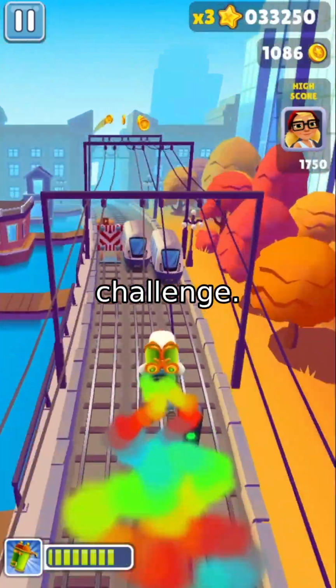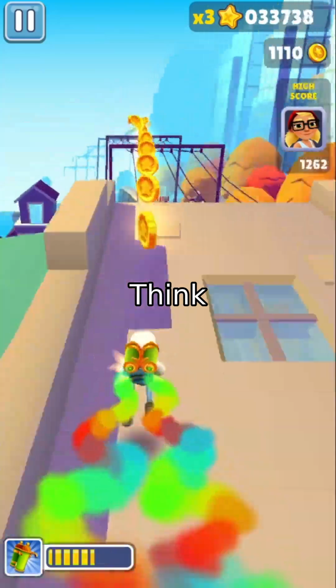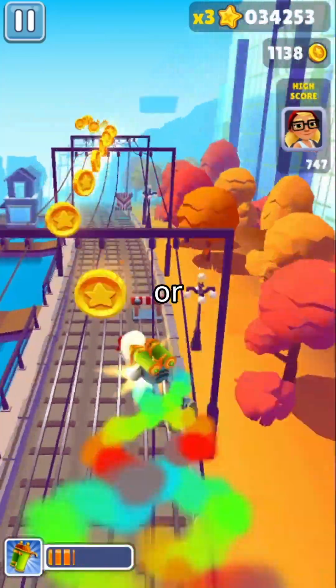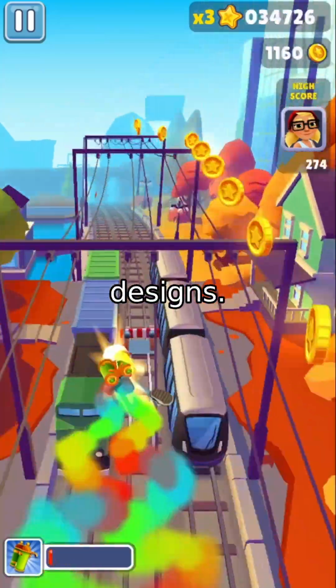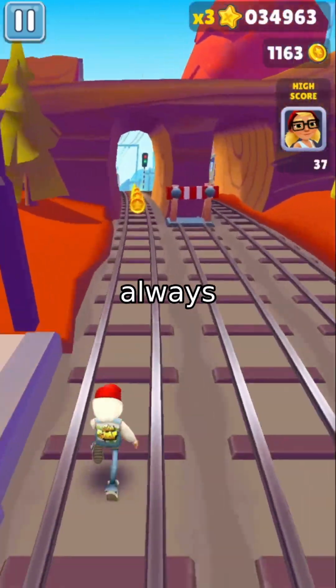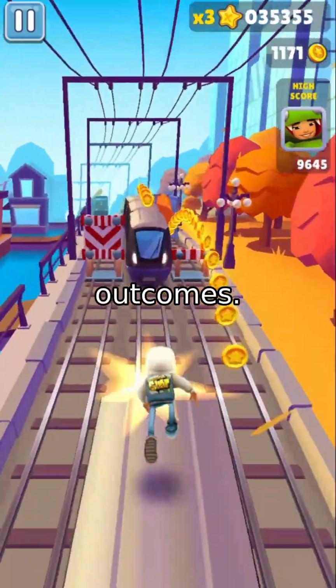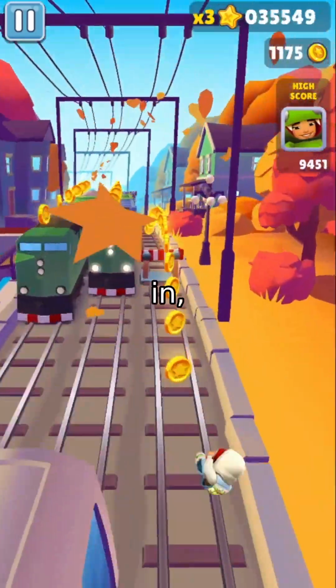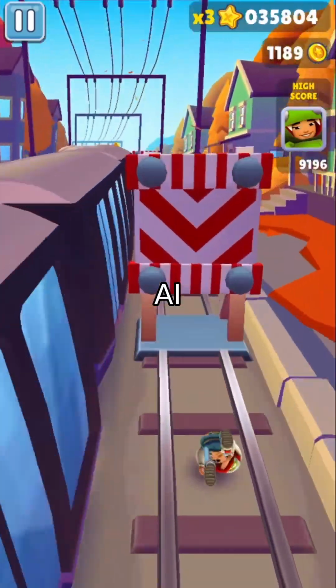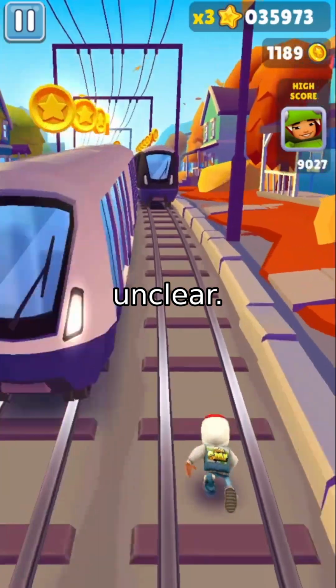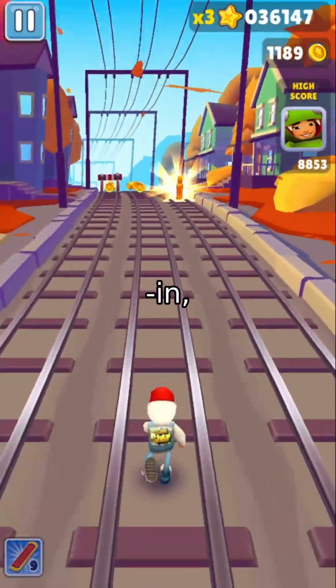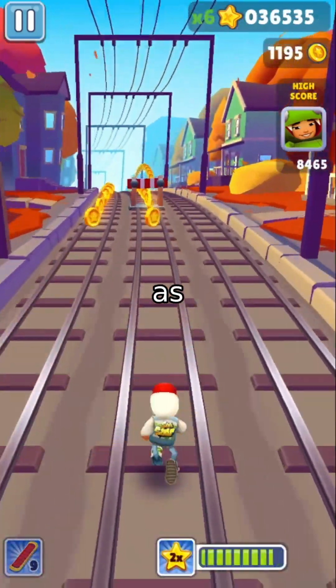But here's the challenge. Real-world environments are messy. Think of a robot trying to walk on uneven ground, or an AI playing a video game with random level designs. These situations aren't always differentiable, meaning the AI can't easily track how small changes affect outcomes. That's where stochastic hypergradients come in, mathematical tools that help the AI adjust its strategy even when the rules are unclear. It's like giving the AI a built-in, trial-and-error cheat code that learns as it goes.